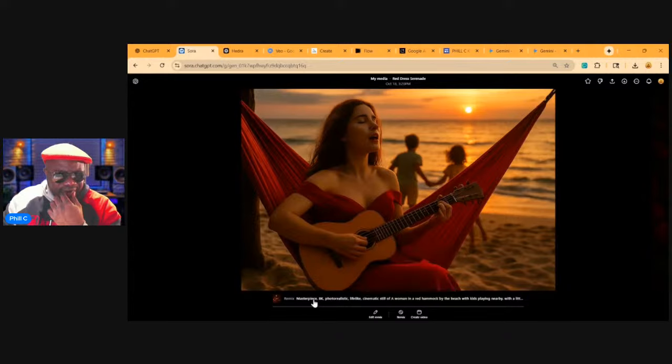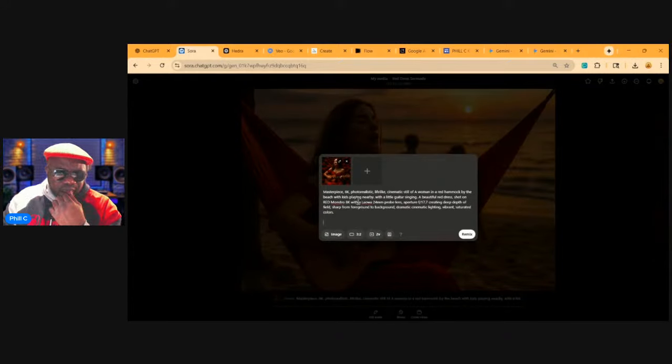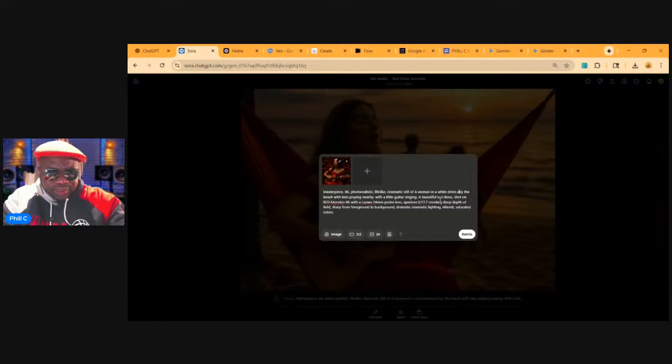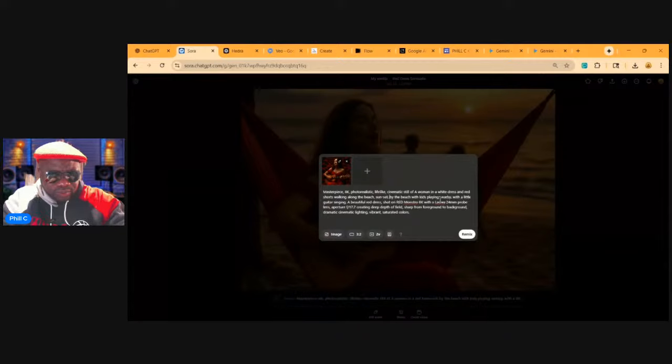and again, doing another one of these. So a woman in a red dress. Actually, let's try and change her dress. In a white dress and red shorts, walking along the beach, sunset. And